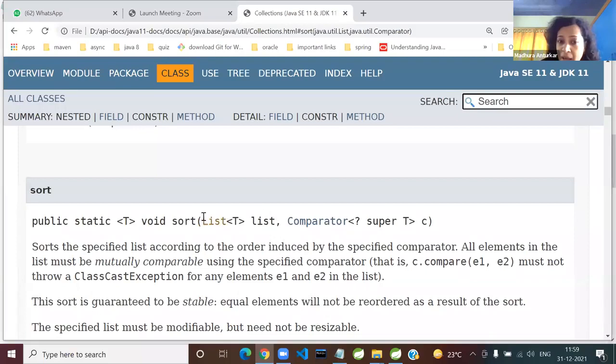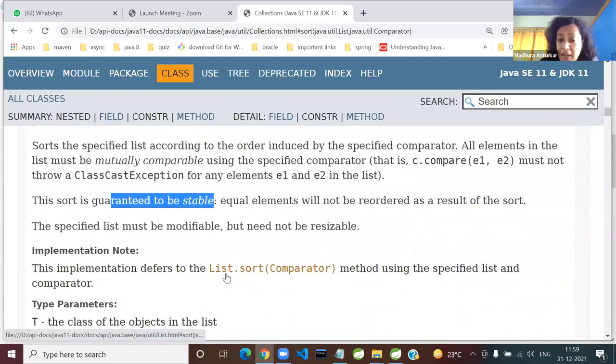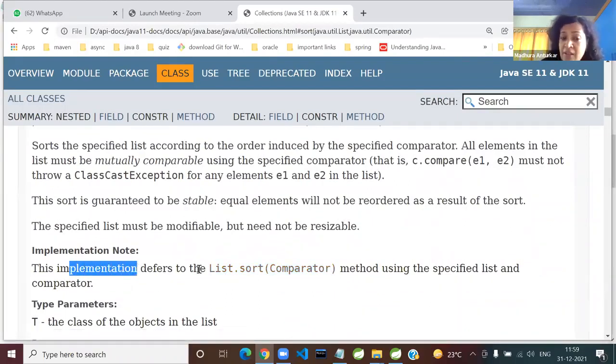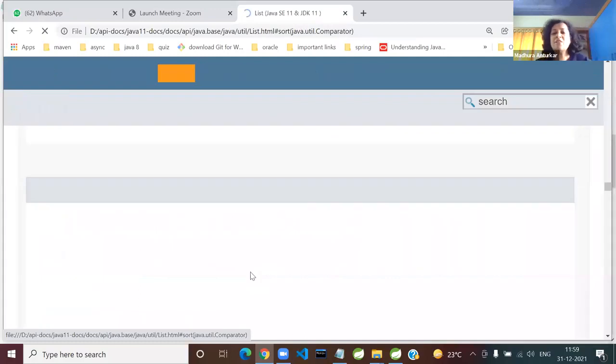So all you have to supply is a list of customers, list of accounts, anything. And the second argument is the comparator. And here it says the sort is guaranteed to be stable. If anyone is more curious, this implementation internally is based on another method, so you can click on that if you want. I'm saying this is optional.